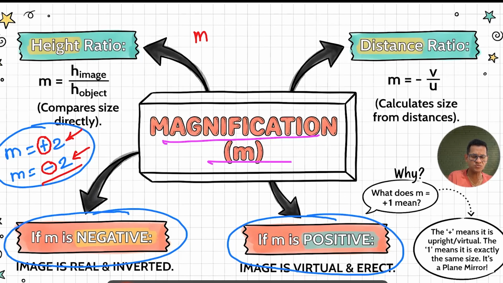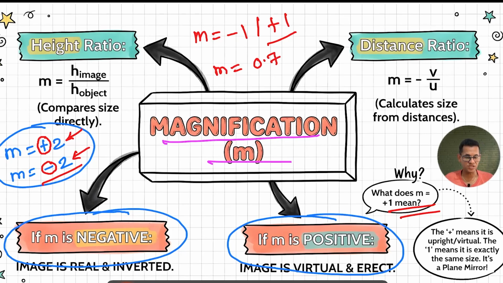Suppose the magnification produced by a mirror is -1 or +1. If it is -1, I'll say real, inverted, same size. If it is +1, I'll say virtual, erect, and same size. So if the magnification value is 1, it means that the image is the same size as that of the object. If the value of magnification is less than 1, maybe 0.7,